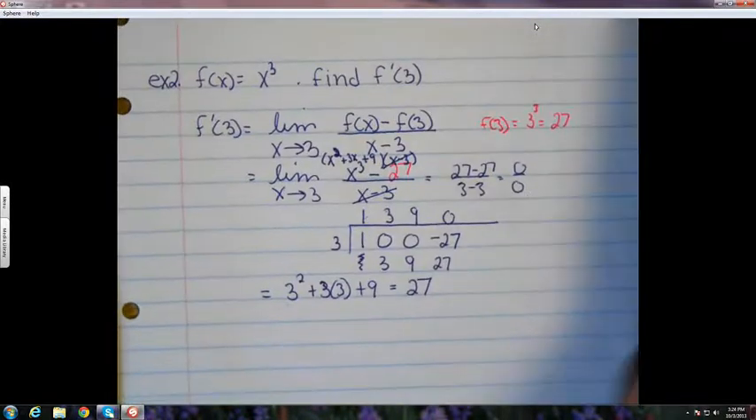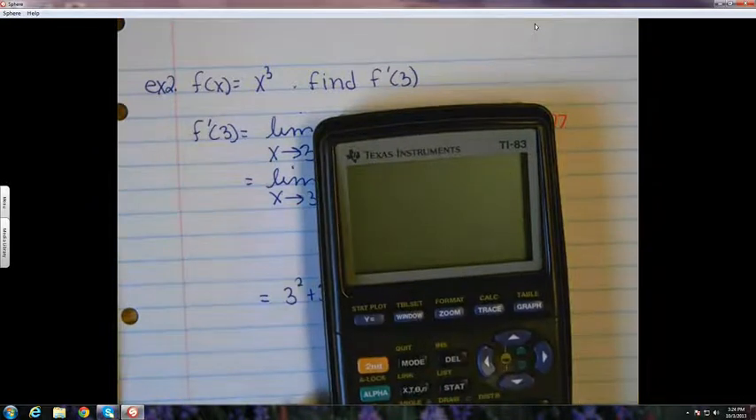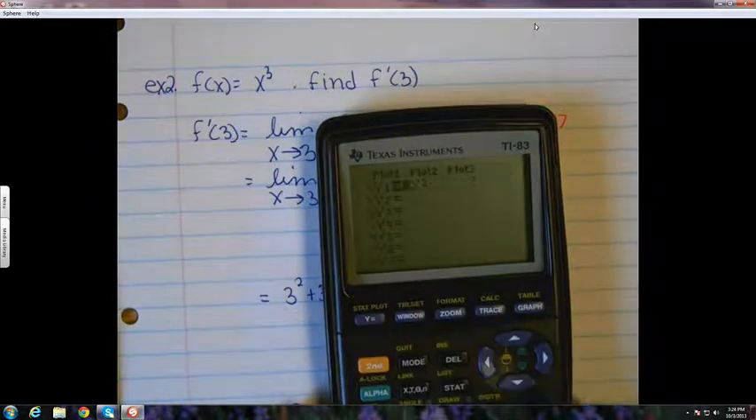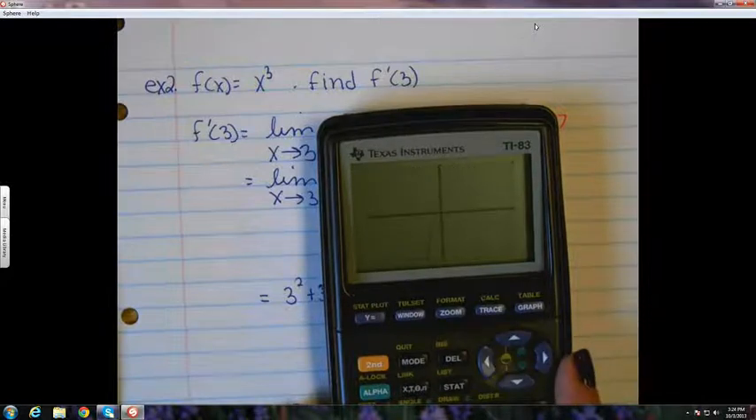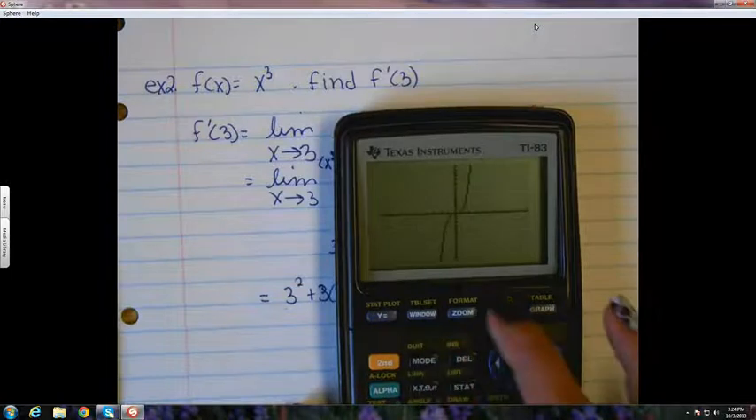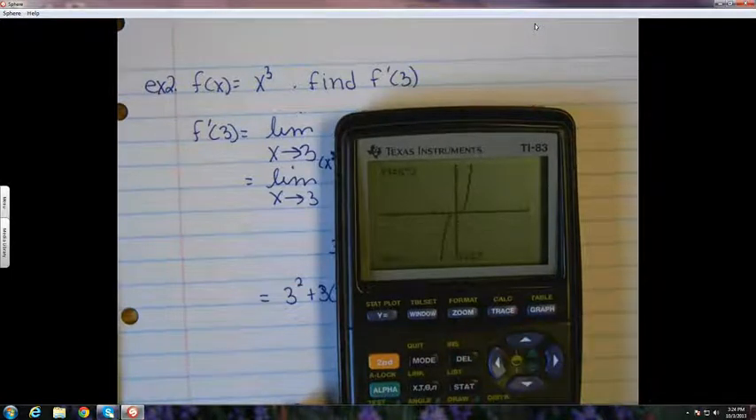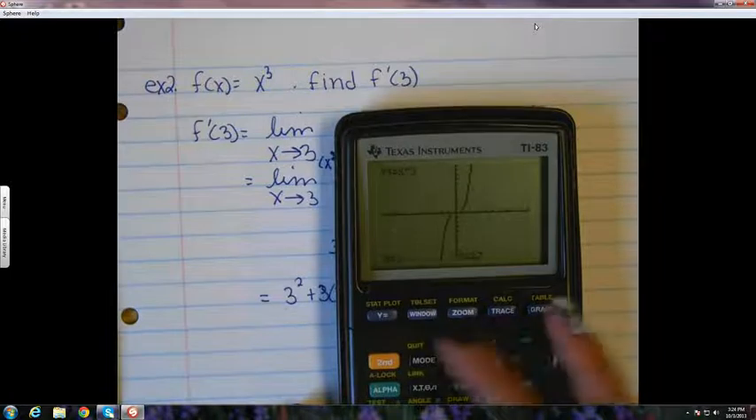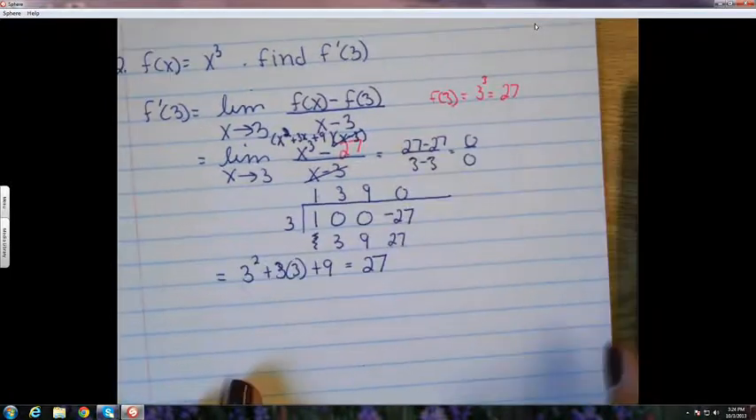Look back. Y equals x cubed, keep an eye on what we're doing, graph, and we were doing the derivative at 3, trace to 3. Oh, it's way up at 27. So, what we just found,